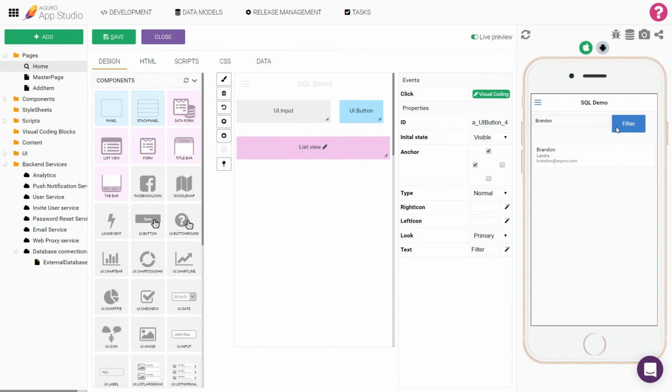As you can see, our list is now updated and only shows Brandon. That's me. By now, we've covered the main areas of the database connection service in Aquro,